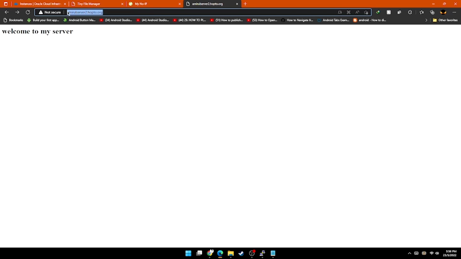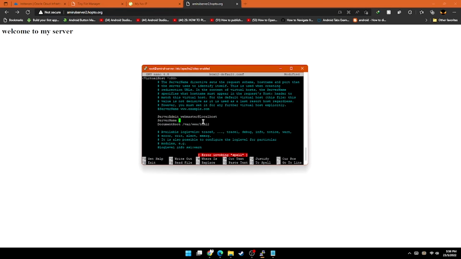So when we paste the domain in the browser, it will open the second folder, which is HTML2 instead of HTML1. Then we're gonna save, Control O, and Control X,